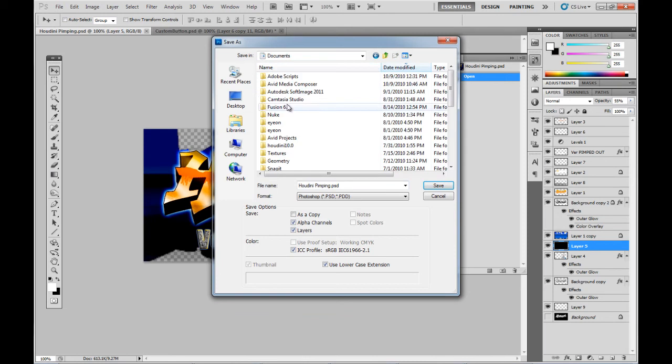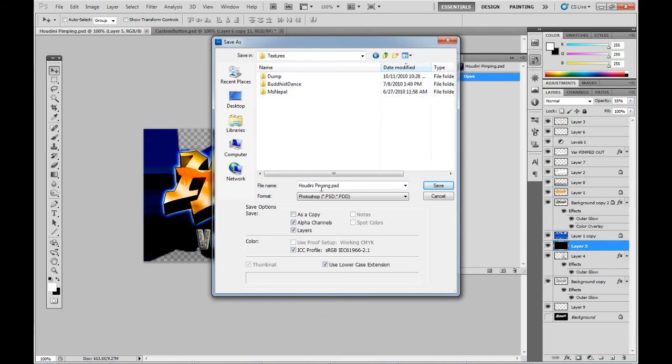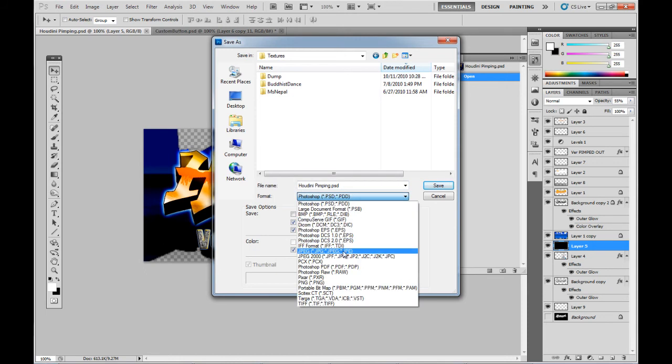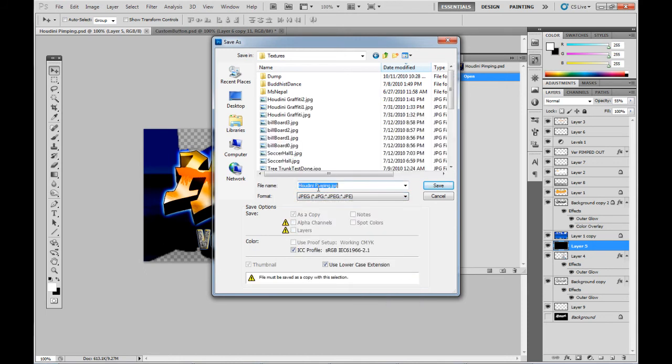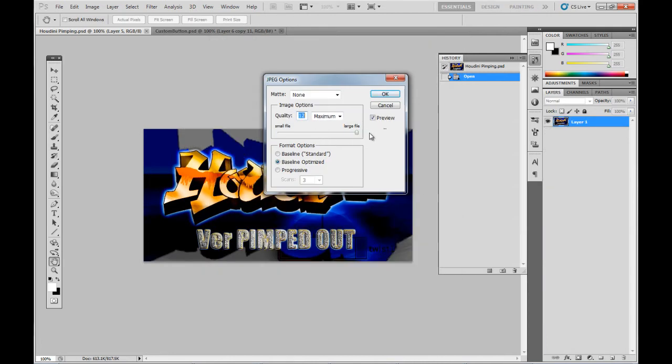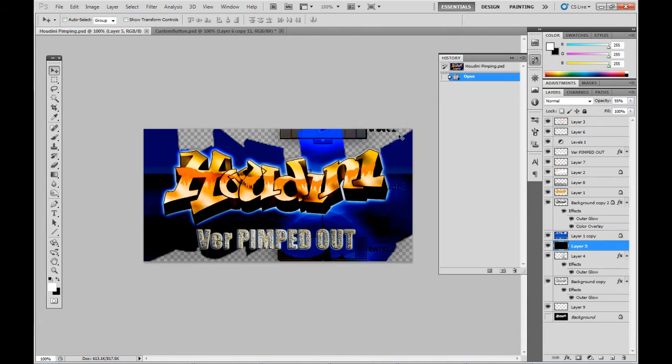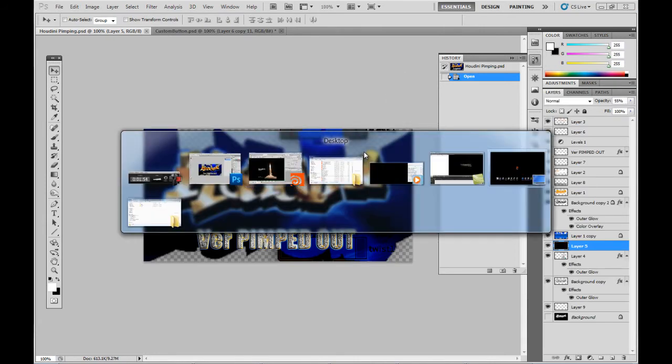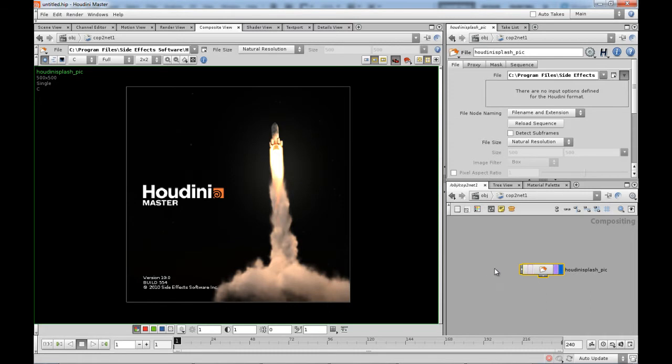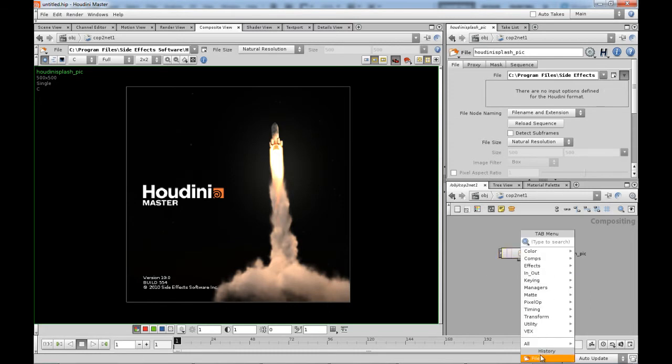So I'm gonna save it under my Houdini 10 textures probably, and I'm gonna put it as a JPEG, and name it Houdini Pimpin'. That sounds good. So save, large size, and okay. Now we're gonna go back to Houdini and we're gonna get that photo now. So I'm just gonna drop in another file,